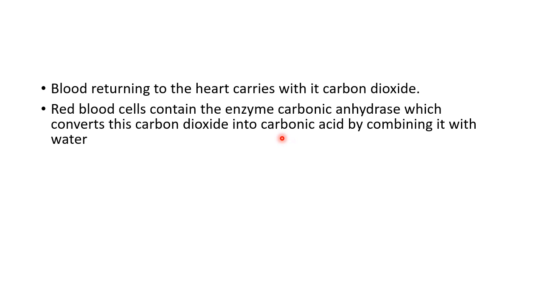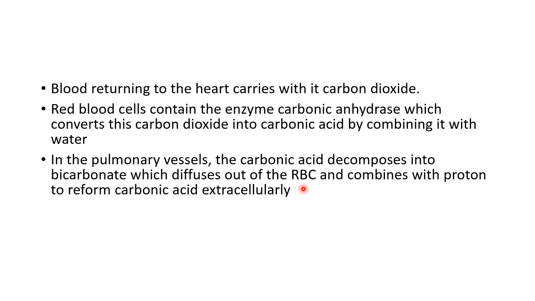Red blood cells contain the enzyme carbonic anhydrase, which converts this carbon dioxide into carbonic acid by combining it with water. So again, from the cells, carbon dioxide will be released into the blood. In the blood, that carbon dioxide will be combined with water to form carbonic acid. And that is the state of carbon dioxide that is being carried by the red blood cells back into the lungs. In the lungs, the carbonic acid, which comes from the red blood cells,